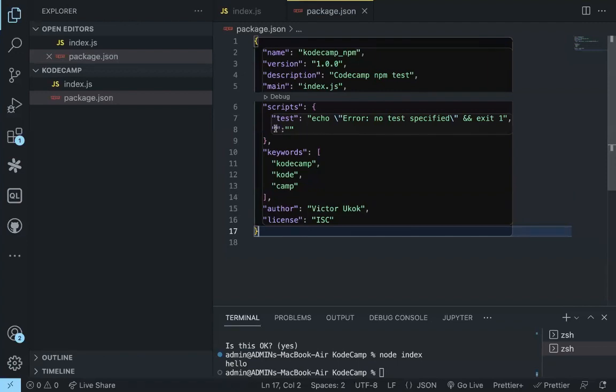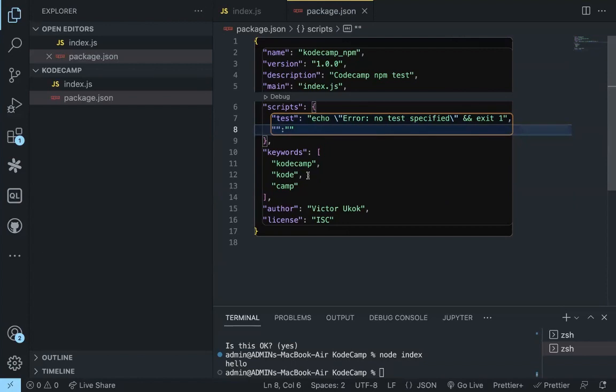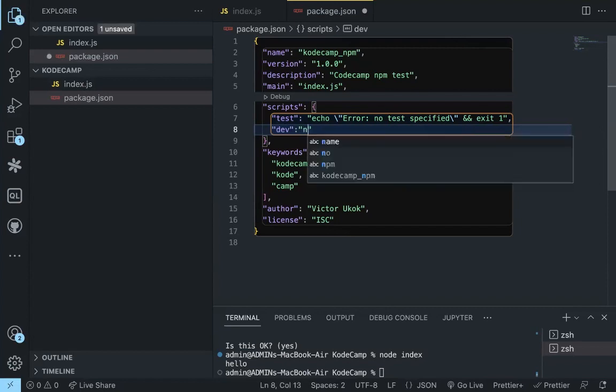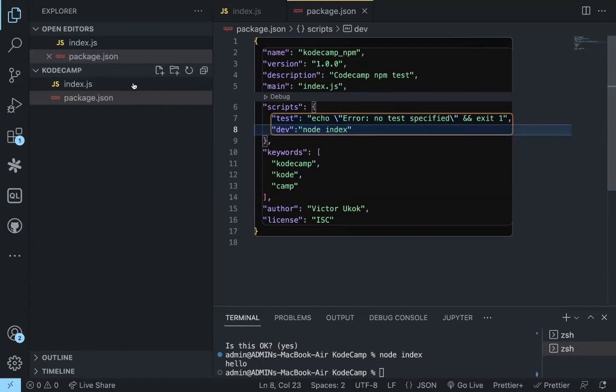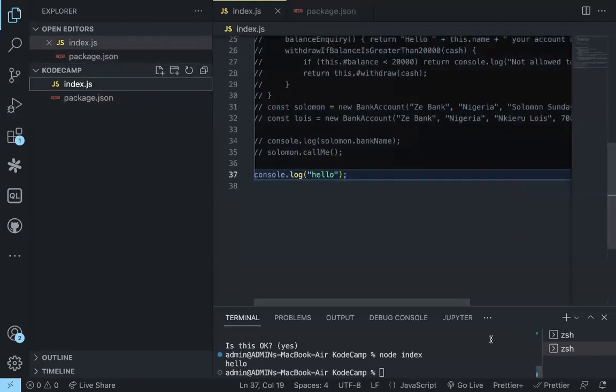All right. So let's say I want that once I run dev, for example, it should execute this. So I'll just write here dev. Then I'll come here and the value of dev is going to be node index. Now let's try to execute this same file, but using the scripts that we just added. This is how we would do it. You would come here and you type